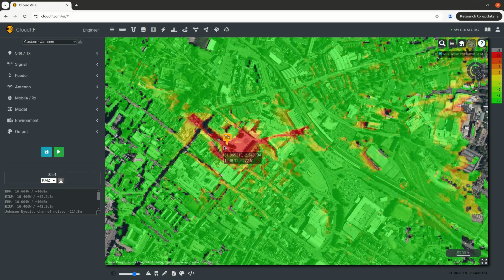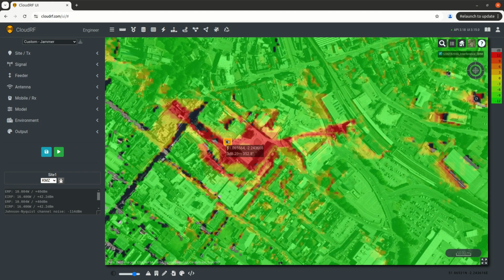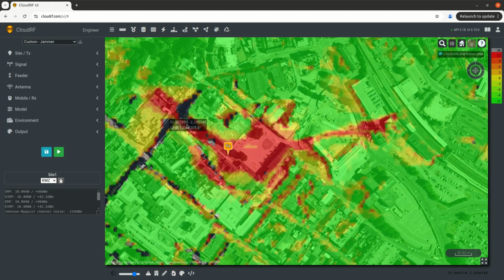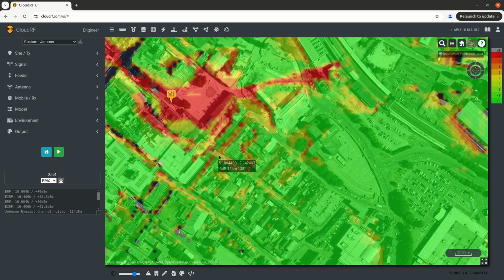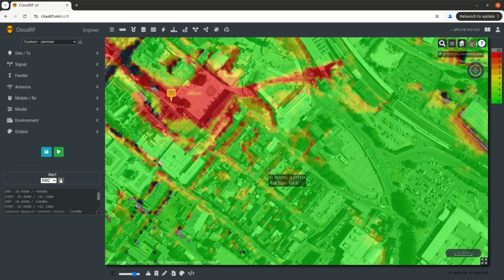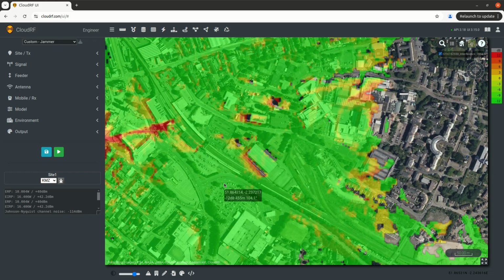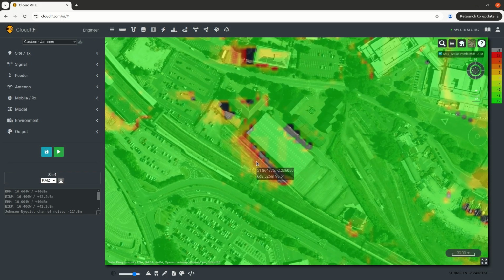So let's zoom in and have a look at the results. You can see the square is covered. Well, that was easy. The side streets where the cell tower is weak, they are experiencing more interference from the jammer, and side streets down at street level are also experiencing increased interference from the jammer. At rooftop level, the cell is stronger. When diffraction comes into play, that lends itself to the jammer. So the jammer is able to be stronger in the diffracted areas behind buildings like here,